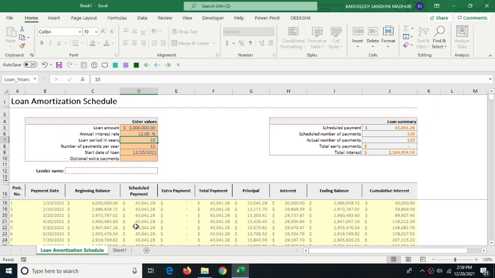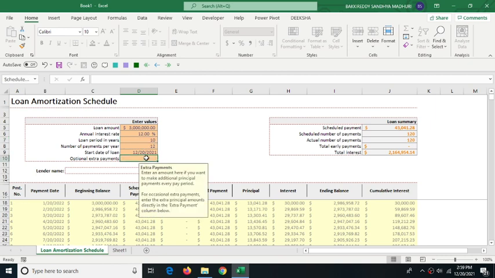Instead of wasting 1000 or 2000 every month on miscellaneous expenses or spending unnecessarily, he wants to add that amount to the EMI, to the loan. So those types of payments we have to enter here. Whatever amount we add here, whether rupees, hundreds or thousands, that amount will be added